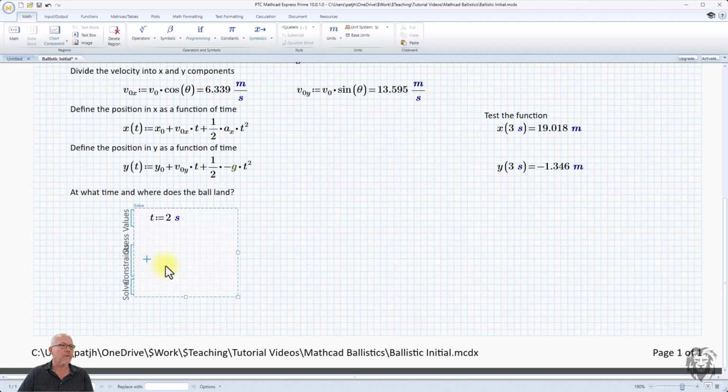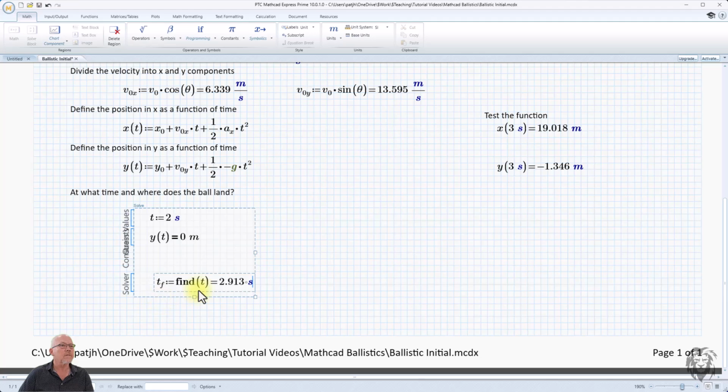Now what we want to do is put in our constraints. And we want the solution for t when y at t is, oh, sorry, I need the other definition. So control equals, and we set that equal to 0 meters. So when the position in the y direction becomes 0 meters, that's the value of t that we wanted to solve for. We can push this up here a little bit more. And then in the solution, we want the final time, and we'll set that equal to find t